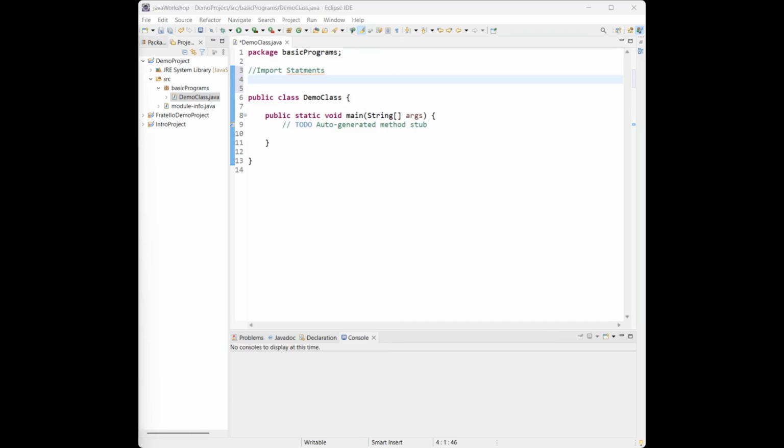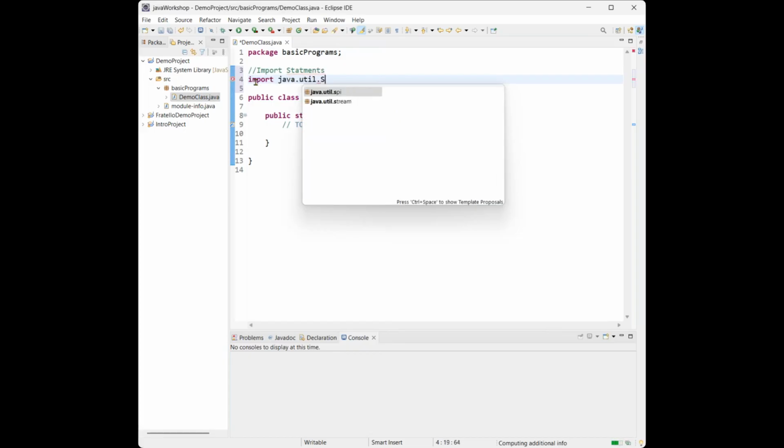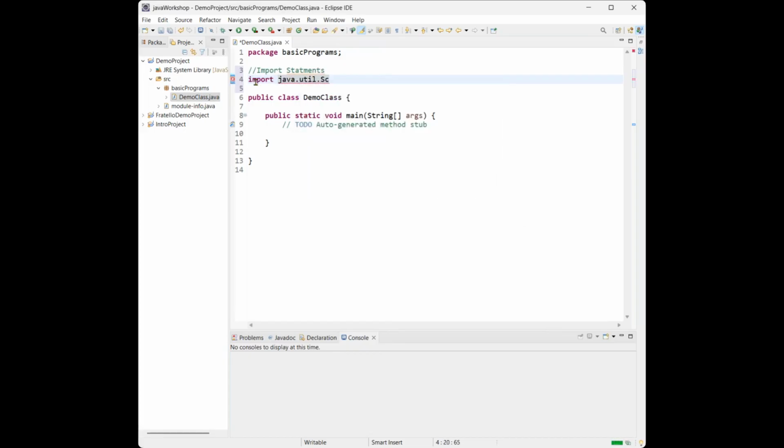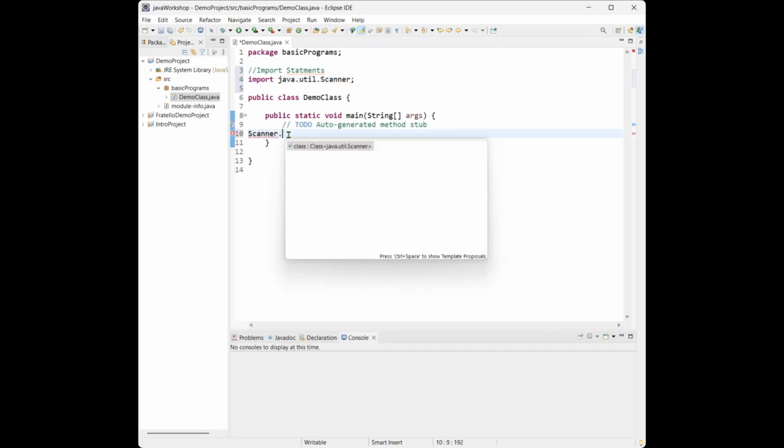java.util.Scanner class. So for that we need to import it here in the import statements, like we have to write the import keyword: import java.util.Scanner. So this way we can use a Scanner class in our class, like Scanner,